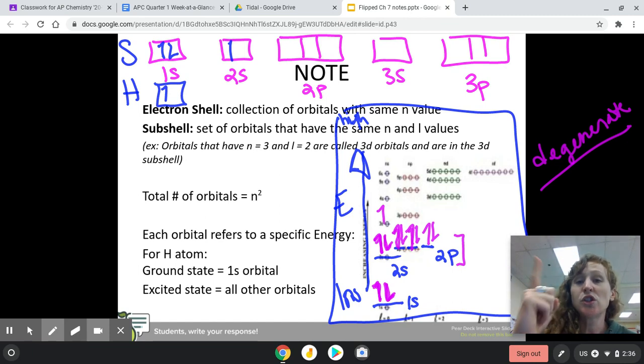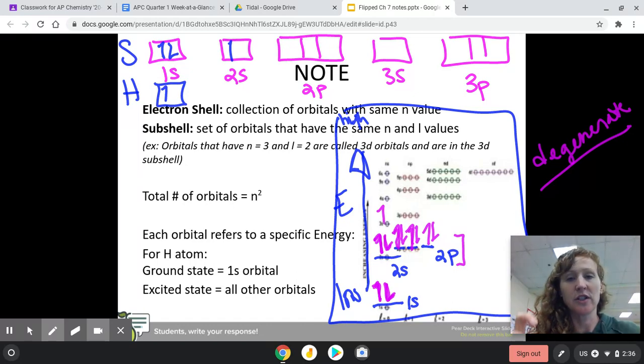So 2 electrons per box. Electrons are going to fill the lowest boxes, the lowest orbitals, before they move up in energy. And electrons will spread out as long as they can do so without moving up in the energy levels. So when we're talking about high energy versus low energy orbitals, what we're really talking about is a distance thing to the nucleus. So let's just take a minute there, and before we talk about other things, let's talk about